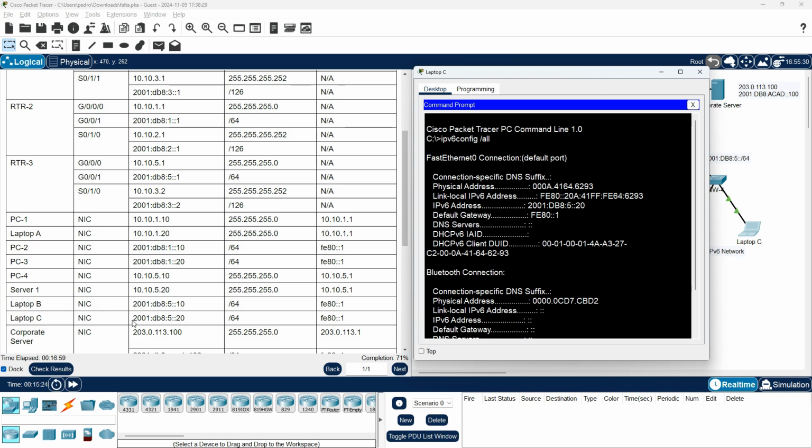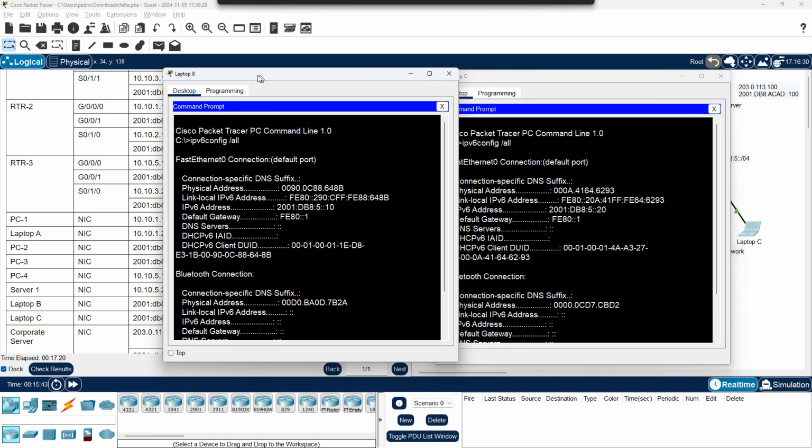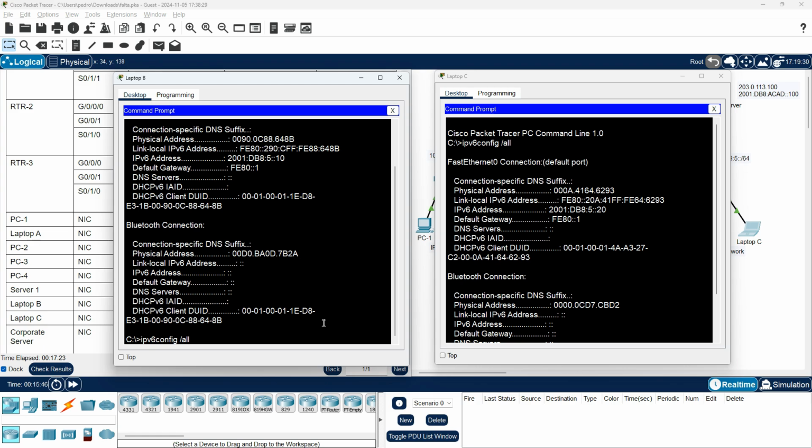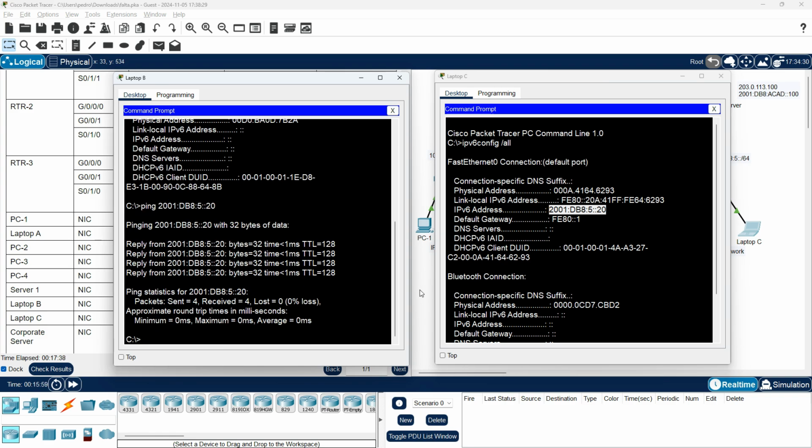okay, 201:DBA:5::20, okay. It is the same information in the table and laptop C. I go to check the connectivity between laptop B and laptop C with the ping command, copy and paste. Okay, I have connectivity in this network, but